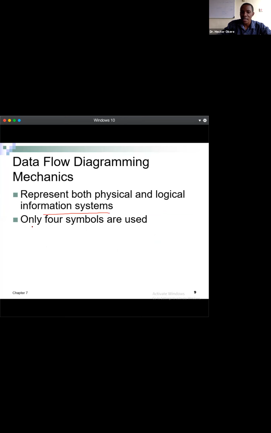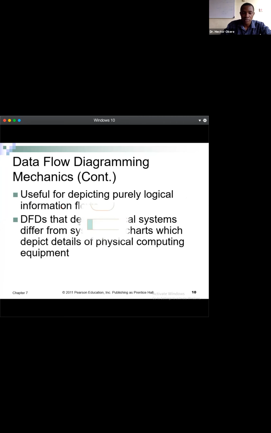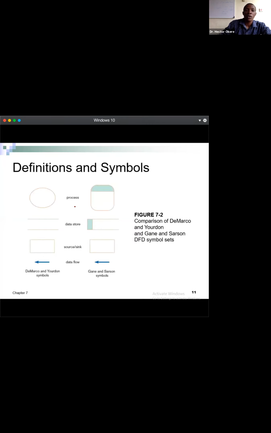Now, in a data flow diagram, what you use to draw it is only 4 symbols. 1, 2, 3, 4 symbols. What are these 4 symbols? One is the process, okay? Process, example, cook food. Cook food is a process, all right? Another one is data store. Data store, this is how you show data store, just like